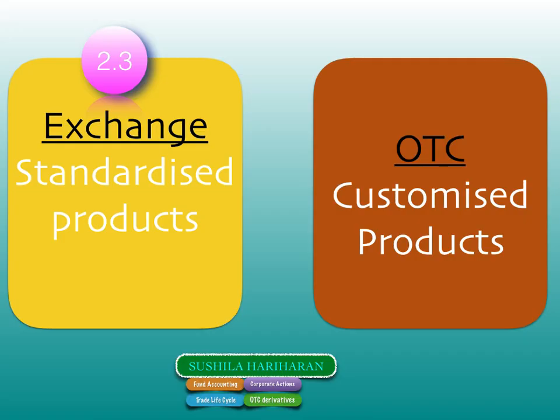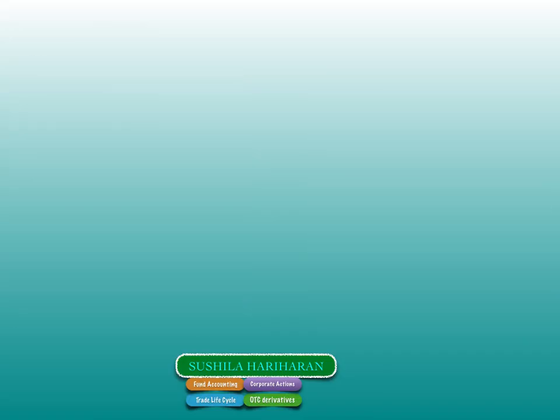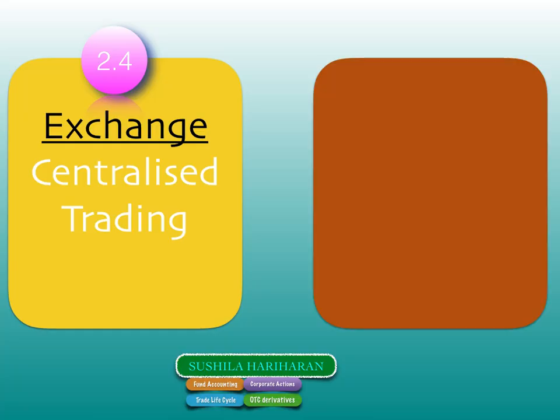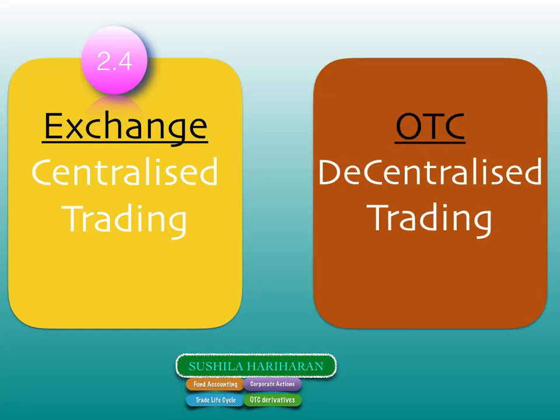You can choose. But can I choose to trade customized products on an exchange? No, unfortunately, that's very, very difficult. Not impossible if you're an institutional investor, but difficult. Another point of distinction between exchange and OTC is that exchange is centralized trading, as I've already discussed. All the orders have to be routed through the registered brokers. On the exchange, OTC is decentralized trading. Decentralized trading is where the counterparties directly trade with each other or through a dealer who finds counterparties to